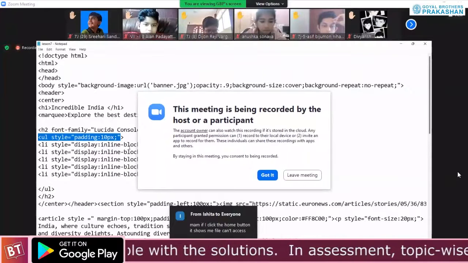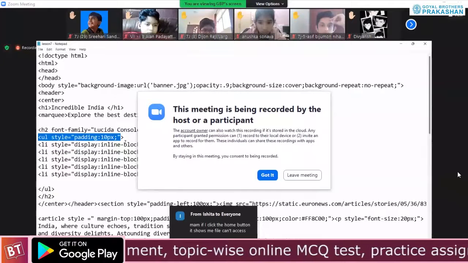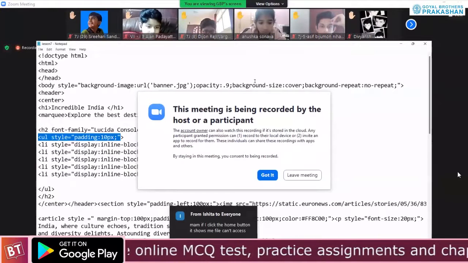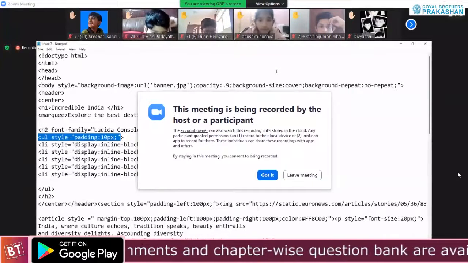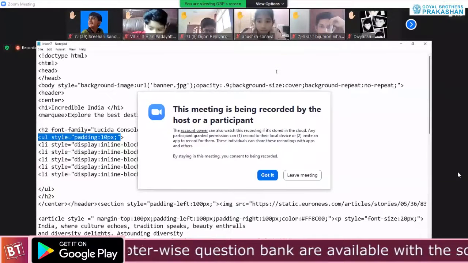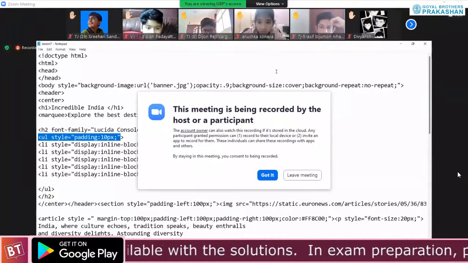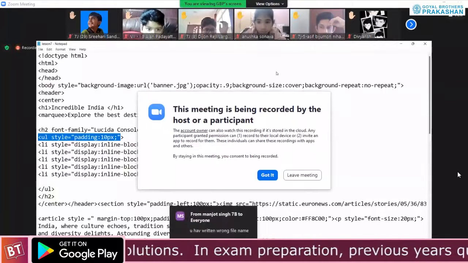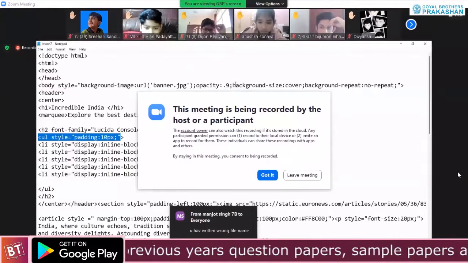Because of this display inline block, what is happening is it gives, last time we checked out when we say display none, so list was disappearing, right? So we have 3 values. Last time also we discussed inline block, block, or inline, and one more is there, that is none, right?